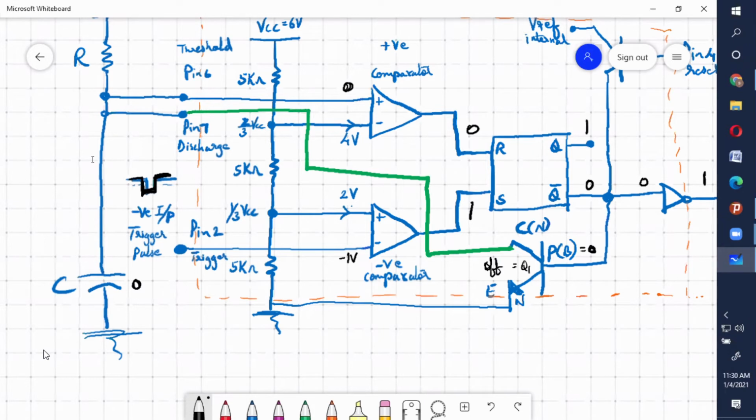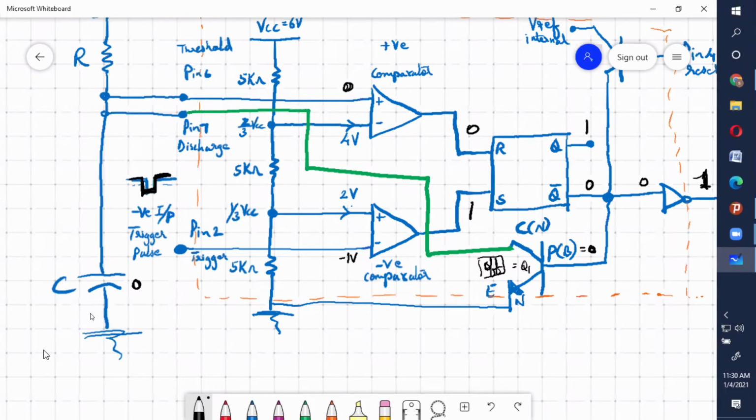Now also see here, students, when your capacitor voltage is 0 and you have applied a negative voltage, because of that your output finally has changed to what value? 1. Keep this in mind. And also, since this transistor is off here, the capacitor cannot discharge through this path. It cannot discharge through your transistor. It can only charge now.